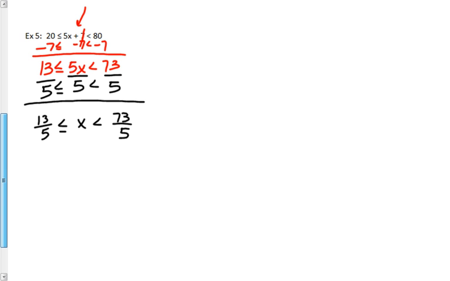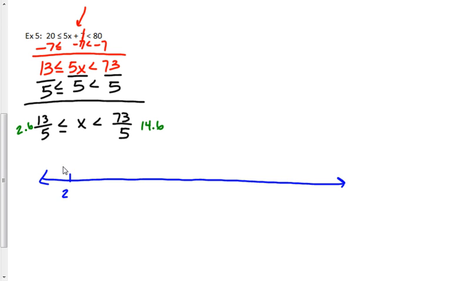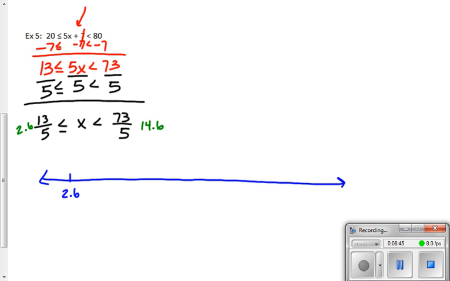So maybe converting to a decimal would make that a little bit easier. We would get 2.6 here, and this would be 14.6 when you actually divide it. So that's what I need to hit on my graph, and I'll just make a generic graph. I'm going to start with 2.6 because I need to make sure I get to 2.6, and I'll go up to 14.6. There's my generic graph. It's just going up by 1, starting from 2.6 to 3.6, 4.6, 5.6, all the